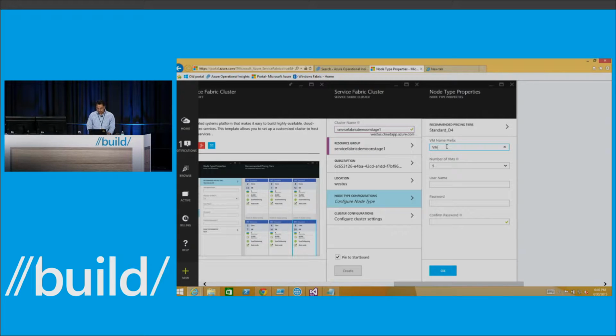So the name of the VM, you can just say this is the stage. This particular prefix is only used to name each of the VMs, so we actually generate names for you. The one thing you have to enter, since this Service Fabric is built inside the IaaS VMs,